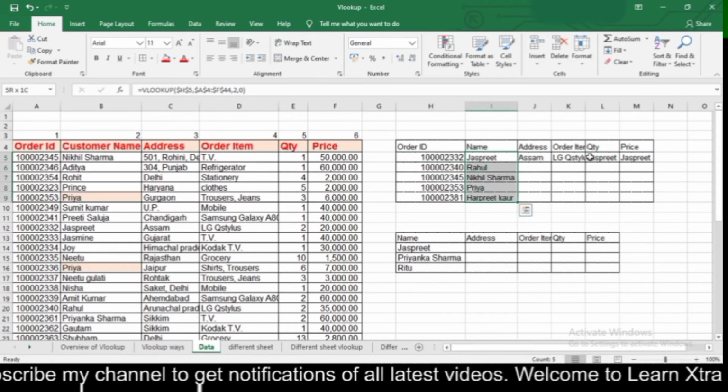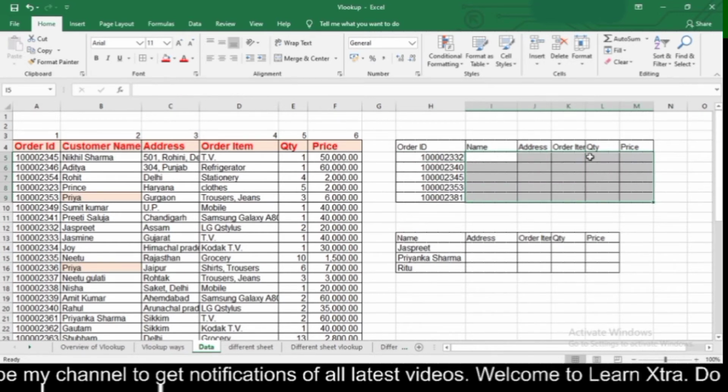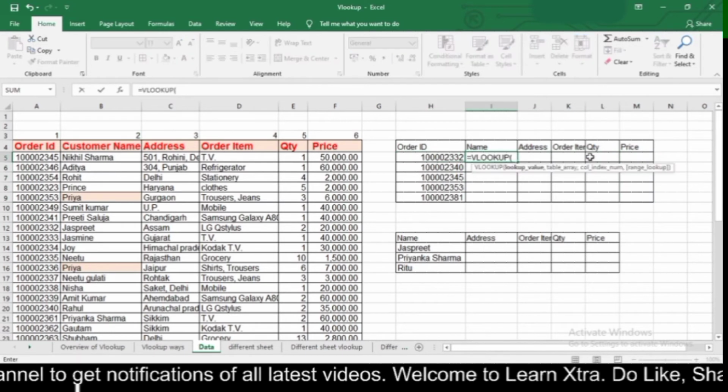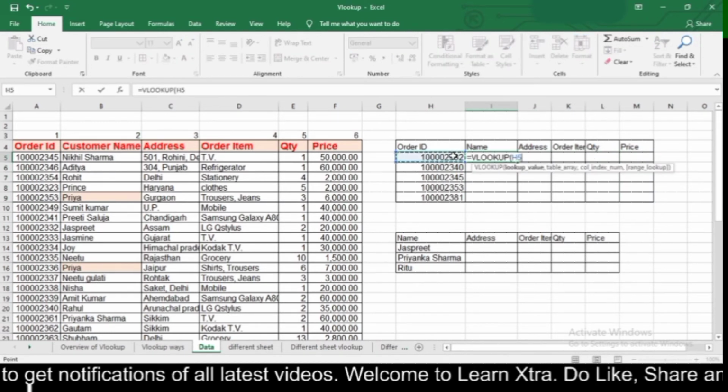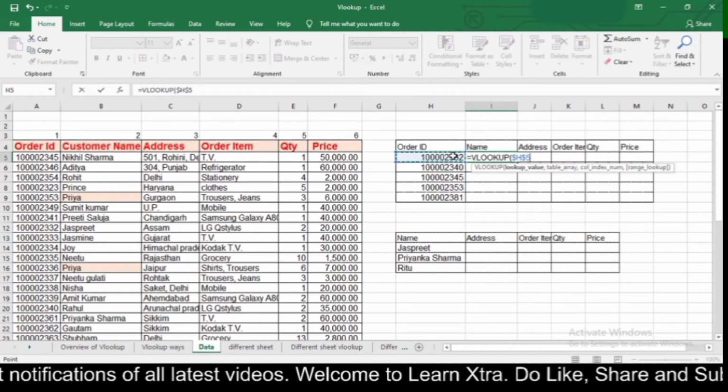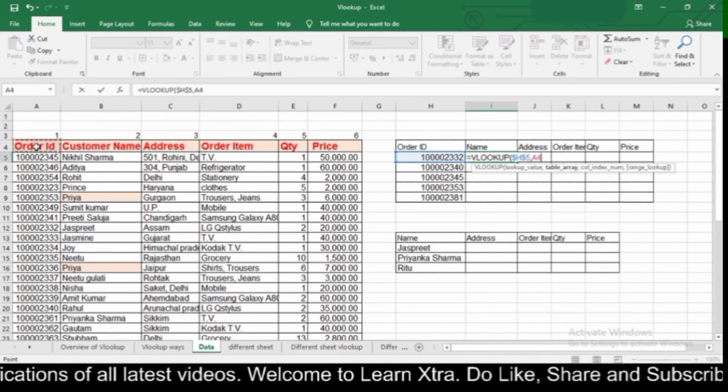the COLUMNS formula. Here, equal to VLOOKUP, your lookup value with the help of the F4 key, then your table array, again you need to fix it.